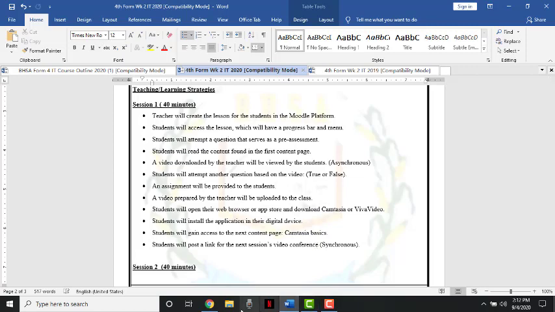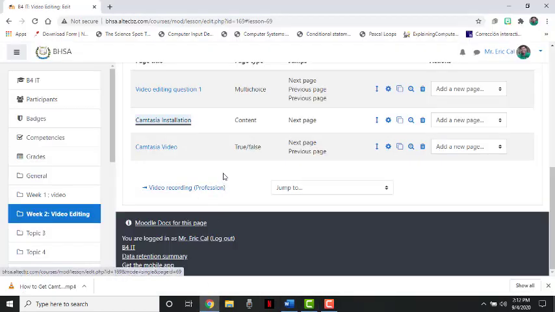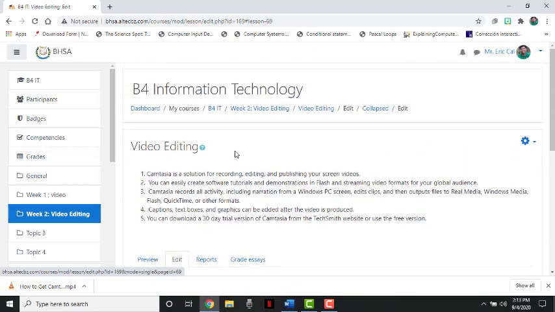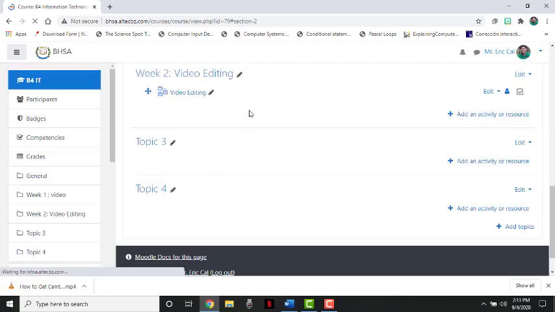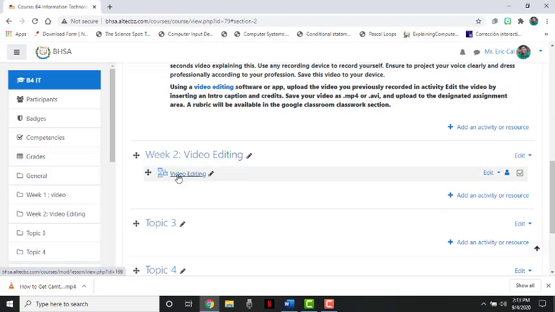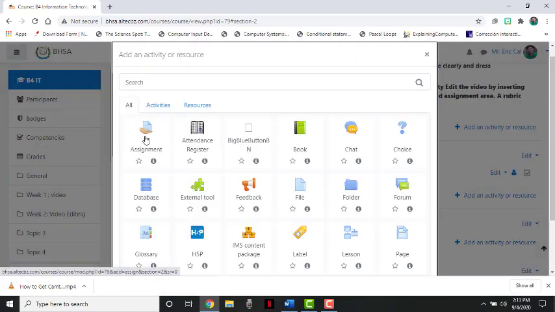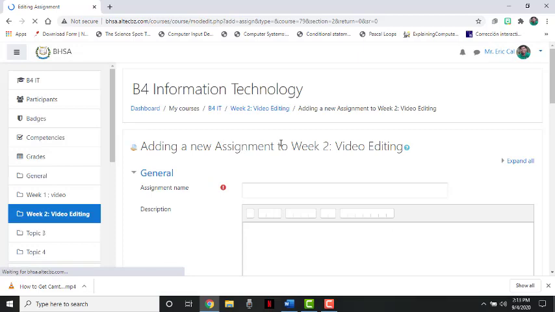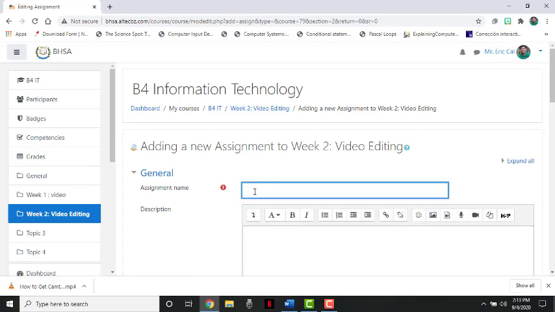Okay, so I go back, and the assignment will actually be, if I go back to my week 2, I'm in week 2, I have my lesson here, so I'll add an activity now. And that activity will be an assignment. All right, so I'll go to my resources, and the assignment section will be selected. So the assignment name,